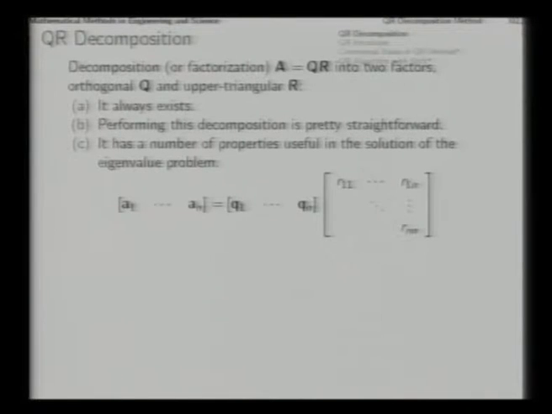First, we see how we conduct the QR decomposition of a given matrix. Say this is the matrix A, in which A1, A2, etc. are columns. So, this is to be decomposed into Q and R factors. This matrix is orthogonal. That means its columns Q1, Q2, Q3 are all unit vectors which are mutually orthogonal, and this is an upper triangular matrix. Below the main diagonal, everything else is 0.